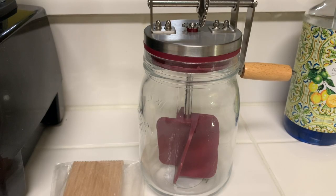Hi everyone. So today I wanted to share with you a product that I have had in my cabinet for a while, and it's really sad to say that I've never used it, but I wanted to share it with you today. I actually was looking for something else, came across this, said, oh yeah, I forgot that I bought it. But this, my friends, is a butter churner, and I would say this is a new school butter churner